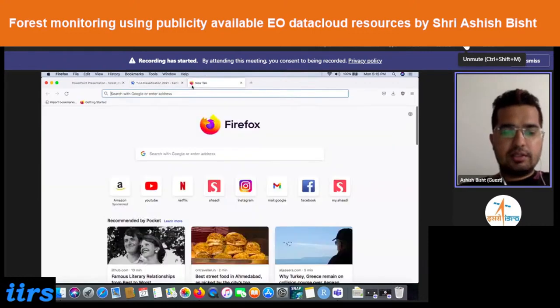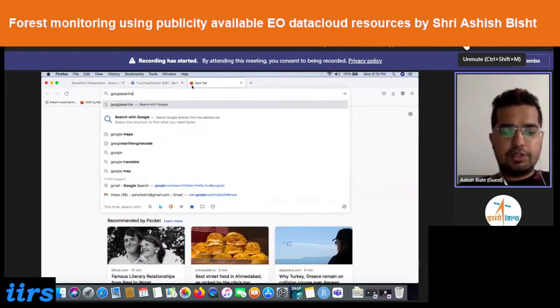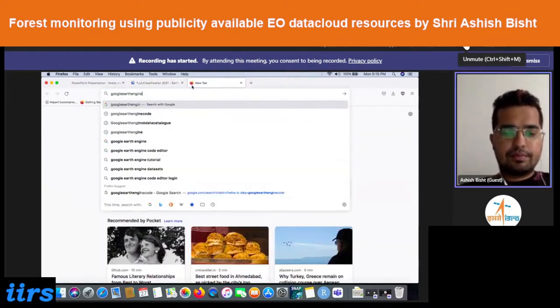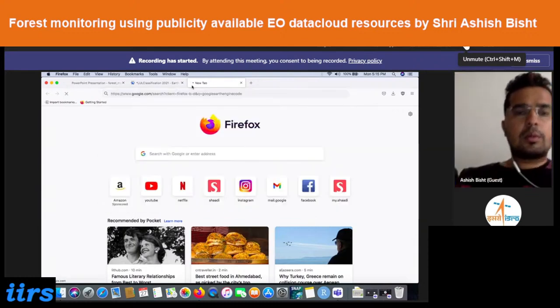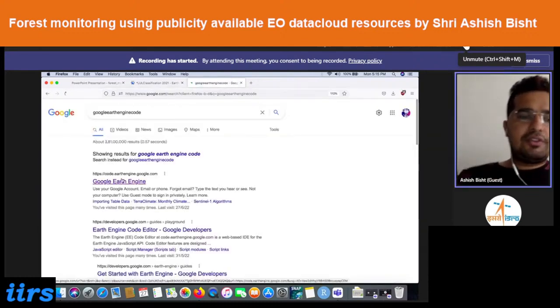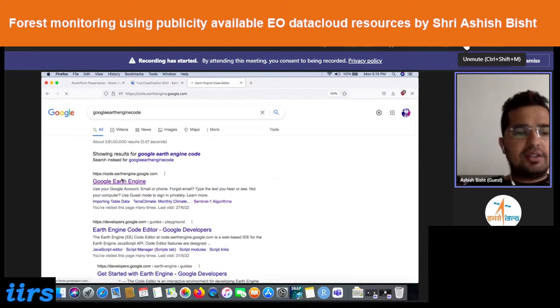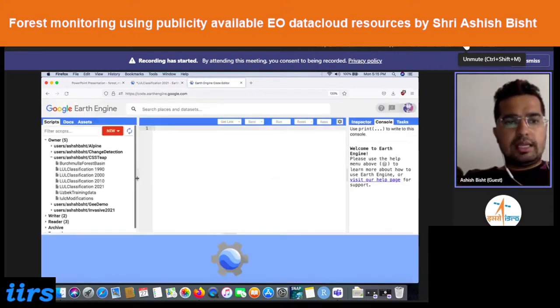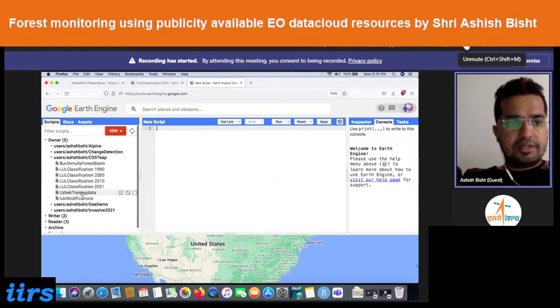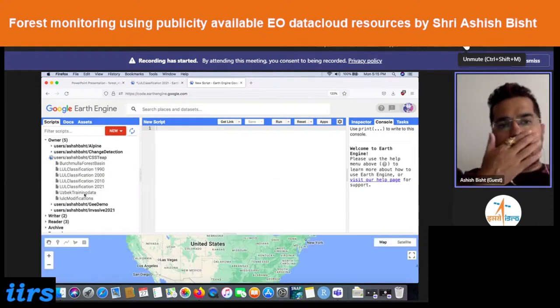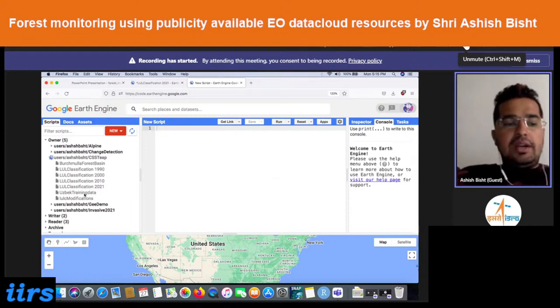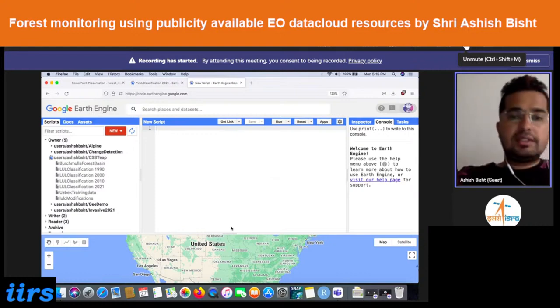I'll open it in another link so that it is convenient to visualize. So basically we have training data in one script and we are invoking the training data into another for the classification. This is the Uzbek training data. I'll just click this script here. It will load and show us the training data points which we have obtained, because in supervised classification and unsupervised classification the major difference is that